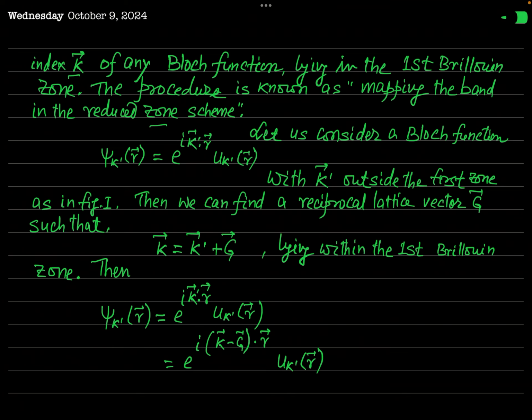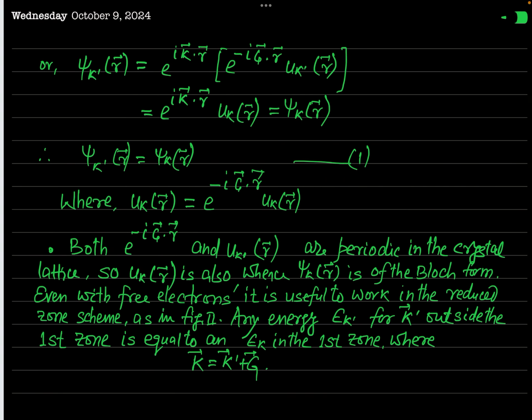Now let us consider a Bloch function, psi k dashed of r. As it is a Bloch function, you can express it as a plane wave modulated by a periodic function u k dashed of r. So psi k dashed of r is defined as e to the power i k dashed dot r times u k dashed of r. Here k dashed is the wave vector outside of the first Brillouin zone, as you can see